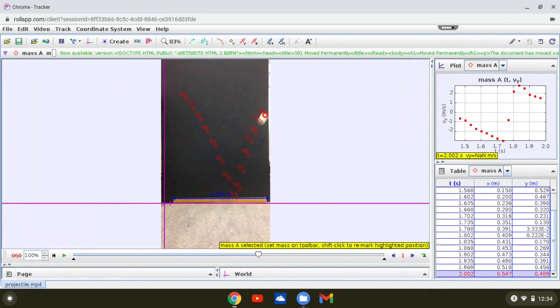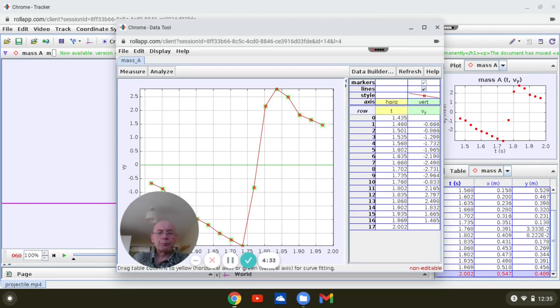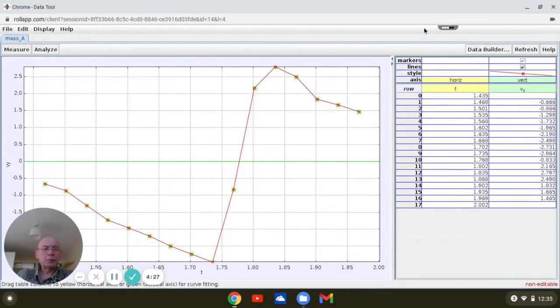Now we can get even more from this graph if we double click on it. And there we are, we get a larger version of the graph, which I'm going to maximize. And uncheck the lines thing again. Now what I can do here is move on to the graph and drag over a group of points